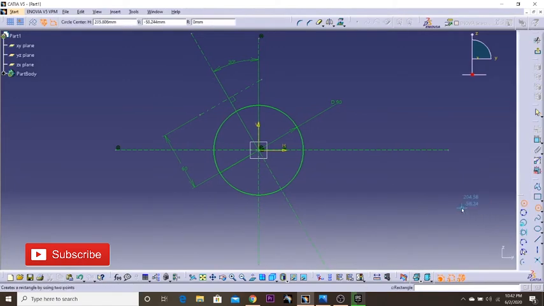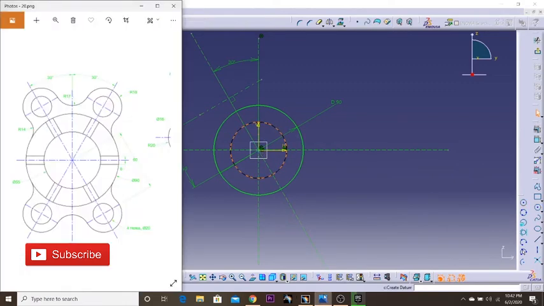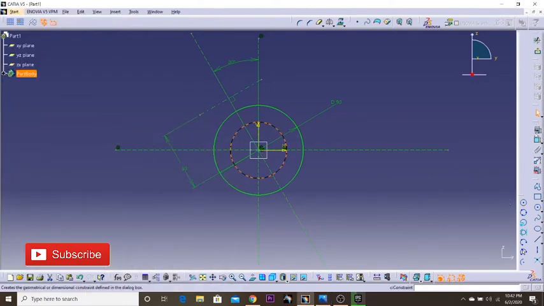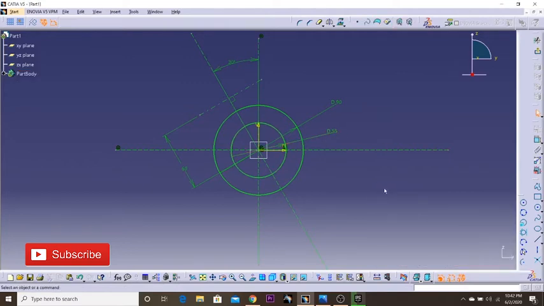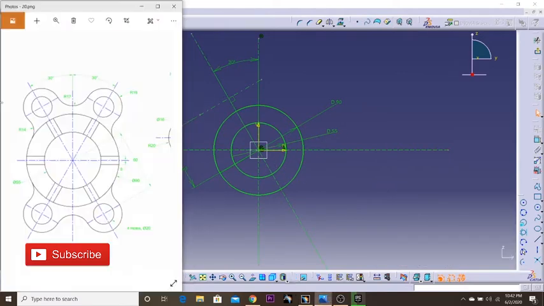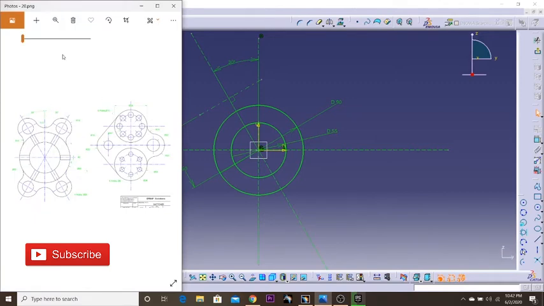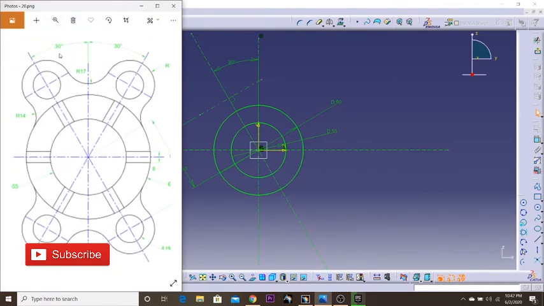So that's gonna be 50, right? 55. 55 here. Now we have